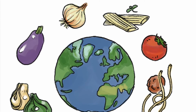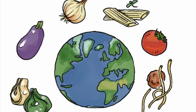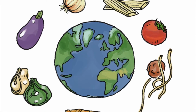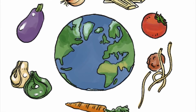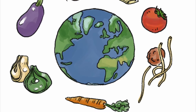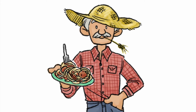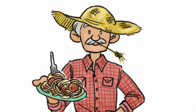Science increasingly demonstrates that planetary and human health are closely intertwined. Sustainability is a key issue all across the globe, and nations as diverse as Brazil, Germany, the United Kingdom, the Netherlands, Sweden, and Qatar are prioritizing sustainable diets in their dietary guidelines and policy making. The good news is that sustainable diets can also be quite delicious and affordable, especially when you include colorful pasta